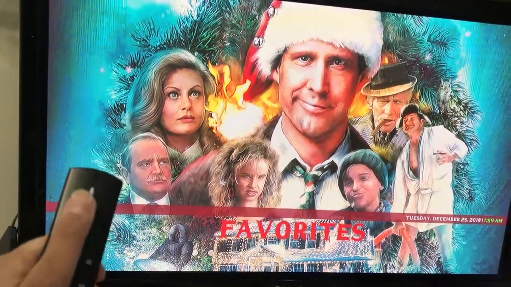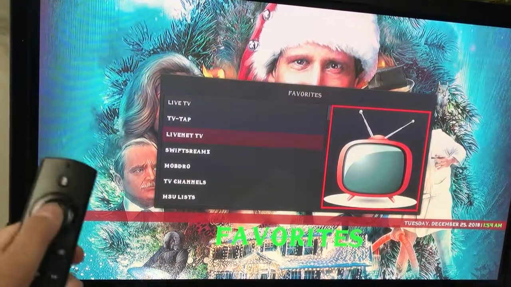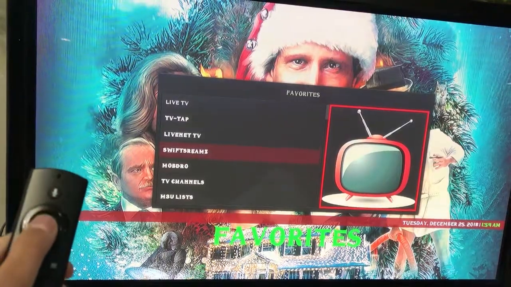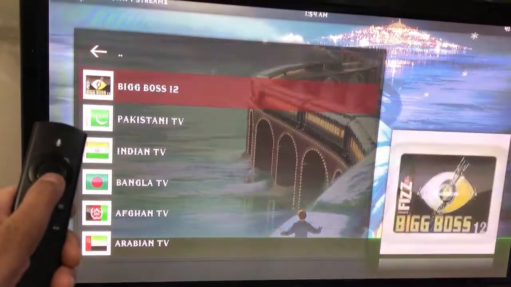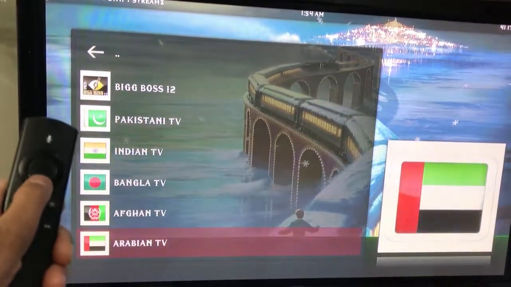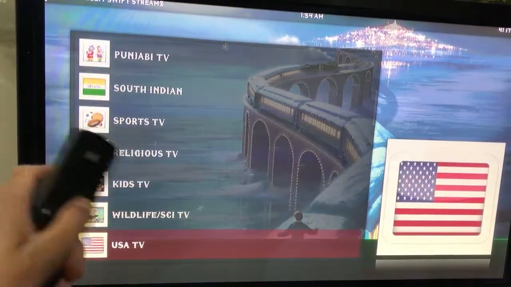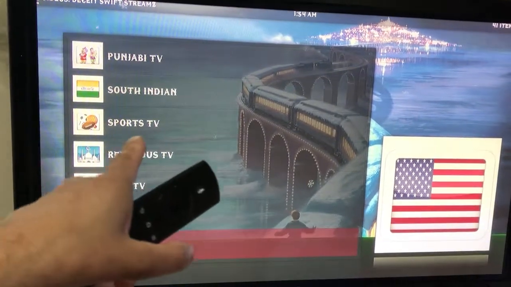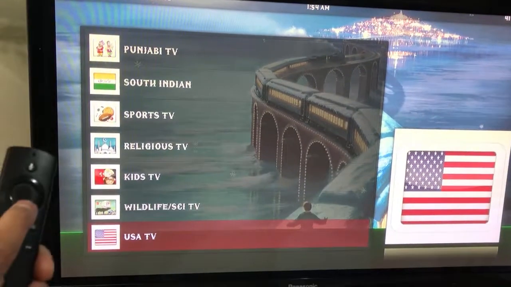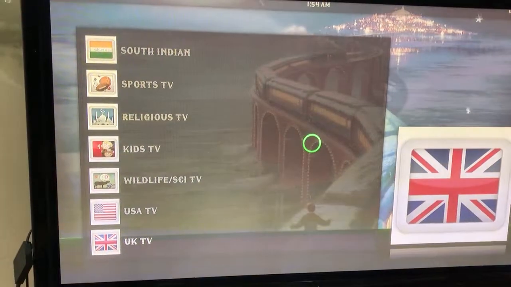And if you just click OK and select one of these categories, let's say Swift Streams. Okay, you've got countries on this one, so you can select your channels according to your country. BT Sports, Sky Sports, everything is always under Sports TV, and that's for every category. UK TV,